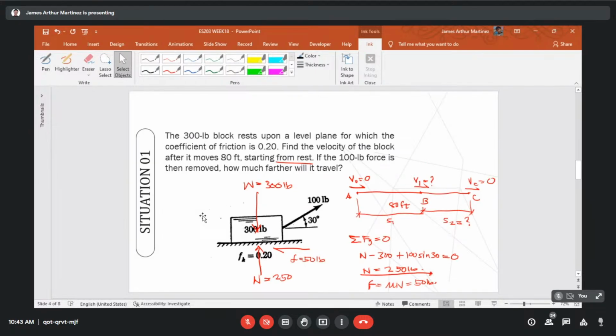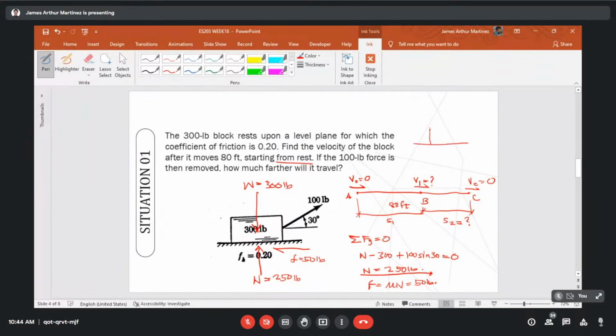So from A to B, the 100-pound force was present. Therefore, the normal force would be 250 pounds. So that is all, right? It is the same, because it is the same condition as in our previous solution from A to B. Now from B to C,